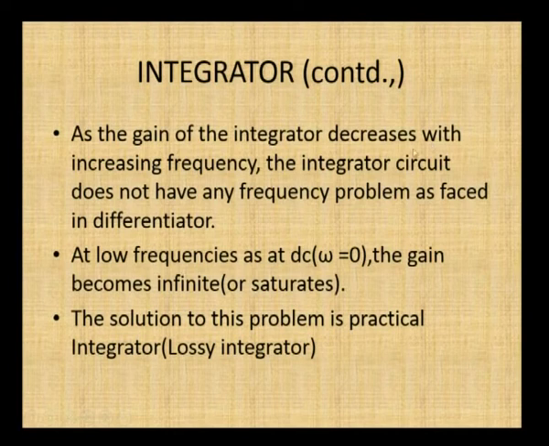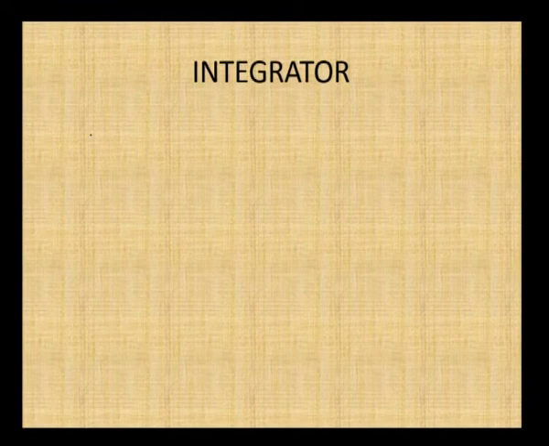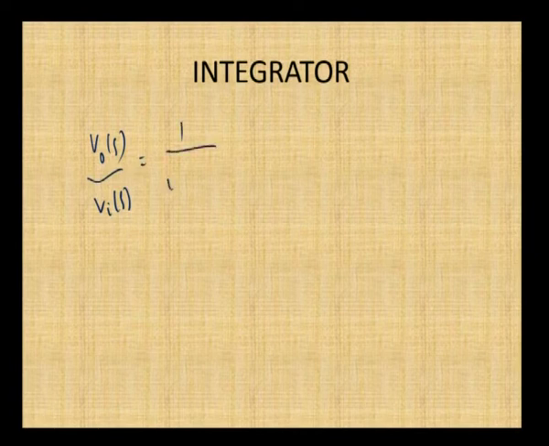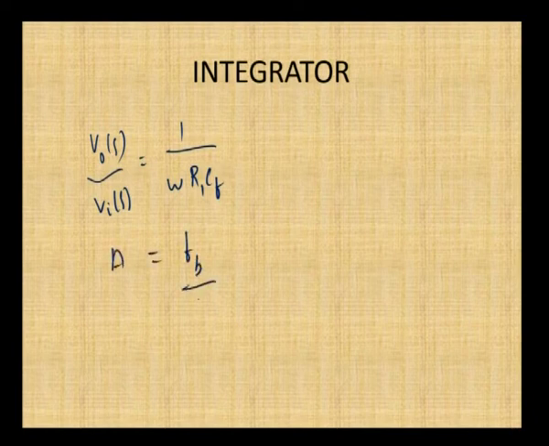As the gain of the integrator decreases with increasing frequency, the integrator circuit does not have any frequency problem as faced in the differentiator. How can you know that? So, again we have to discuss the gain of the integrator. The gain of the integrator circuit, V naught of S by Vi of S, is derived as 1 by omega R1 Cf. So, here this A is given as Fb by F